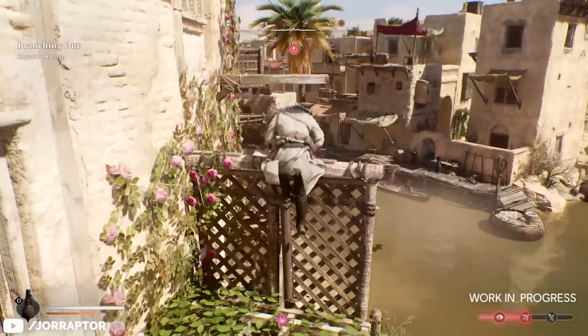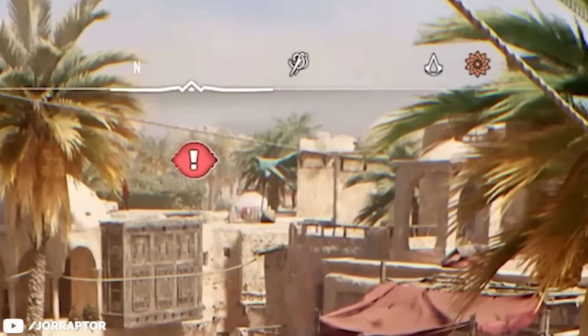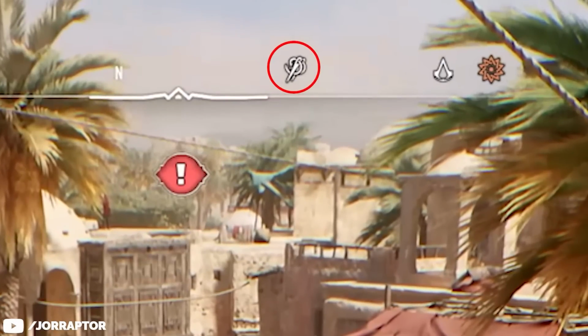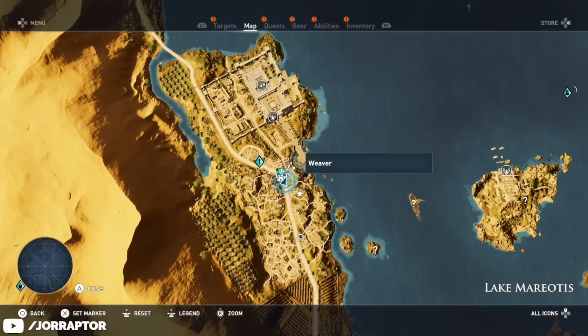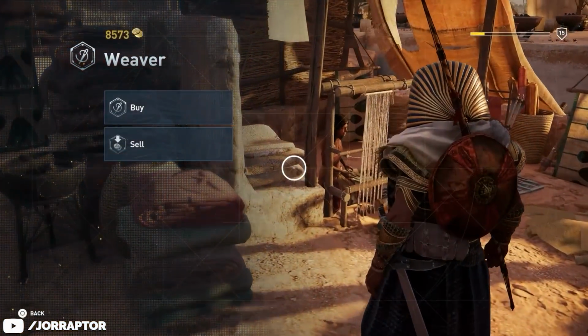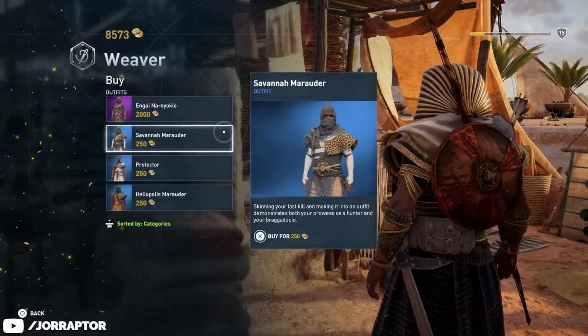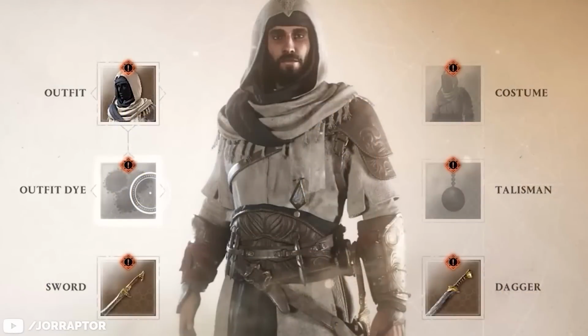And we can probably pick up new colors for these outfits at Weavers, which we can spot thanks to this icon on our compass. Yes, it looks very similar to the icon we had in Origins as well, and I'm curious if we can also buy outfits at these shops, just like in Origins, or if we can only get new colors here. Next to outfits, we also have a brand new tile for talismans, something I speculated about in a previous video,